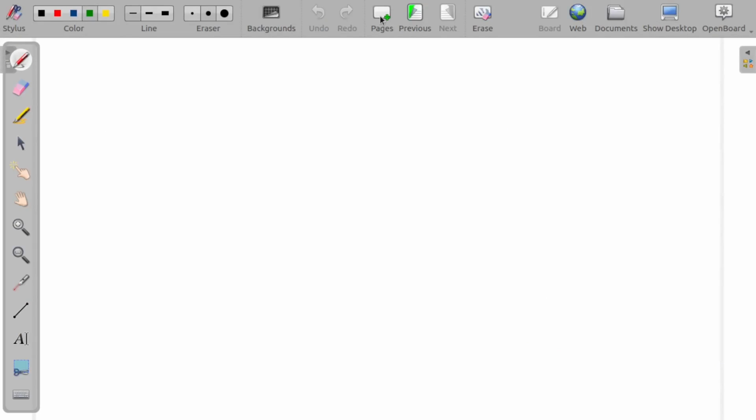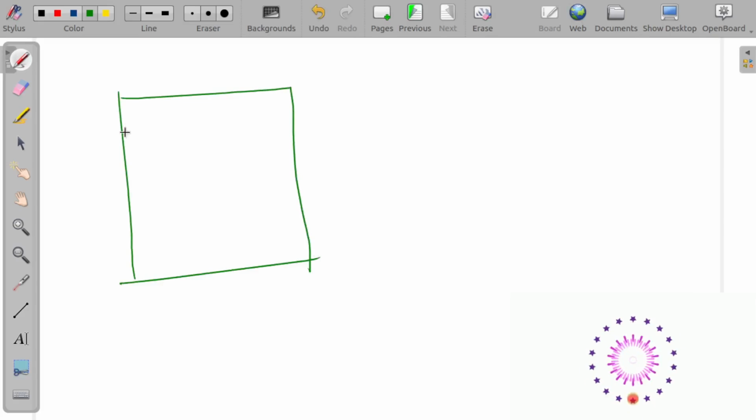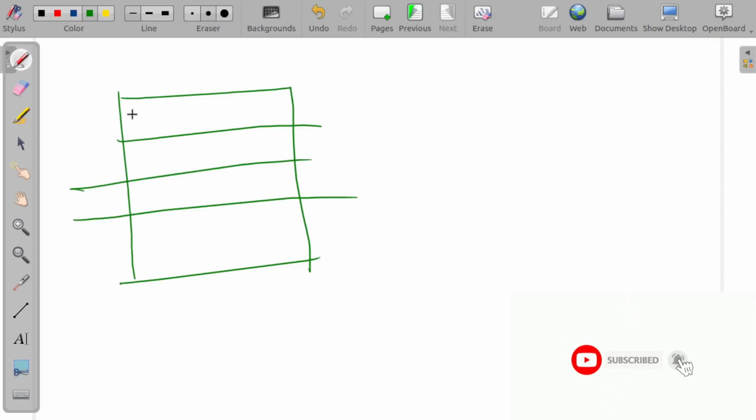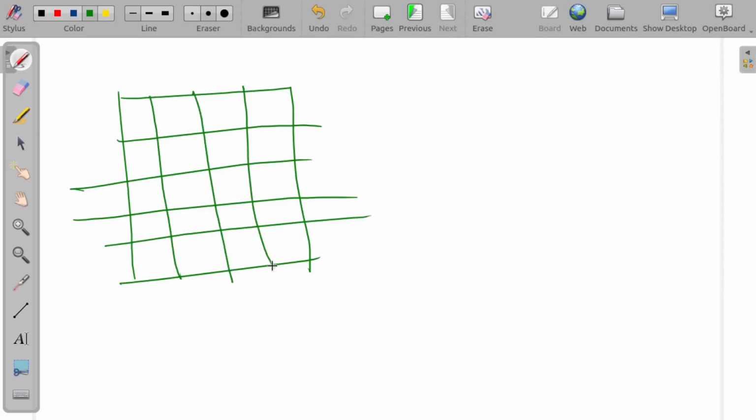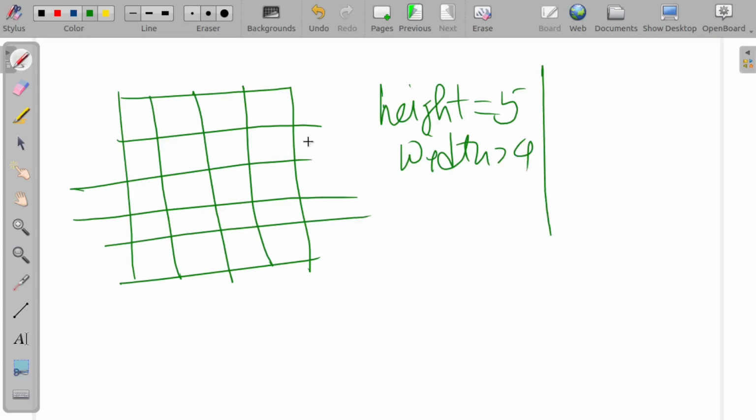So basically my logic is that if I take a grid, with height 5, 1 2 3 4 5, and width 4, and the horizontal cut is